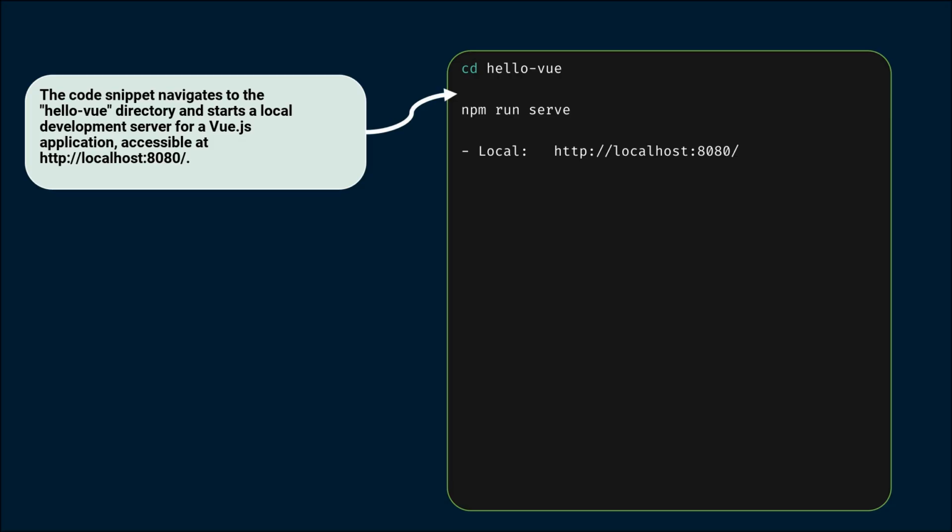You'll see a message in your terminal indicating that your app is running locally, typically at the address http://localhost:8080. When you open this address in your web browser, voila! Your application comes to life, showcasing the success of your setup. Now, this is not just a technical achievement, it's a celebration of your effort in establishing a Vue.js environment. So, take a moment to appreciate this small victory, because you've set the stage for building dynamic web applications with